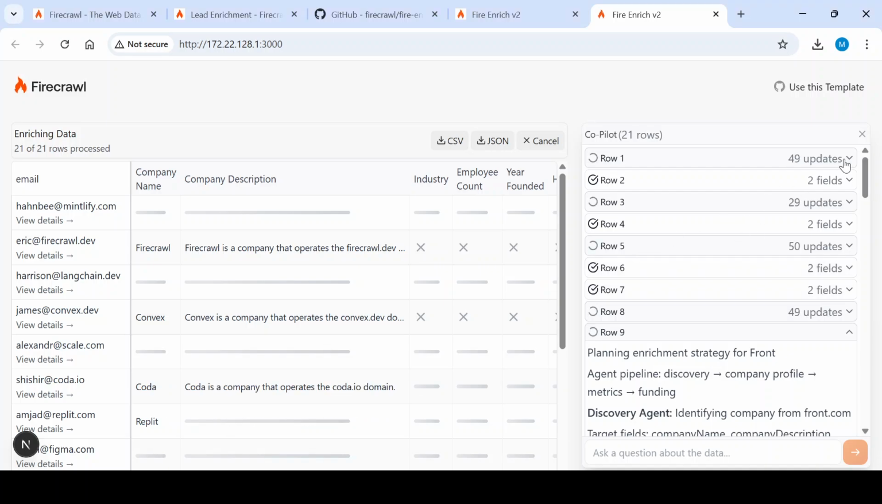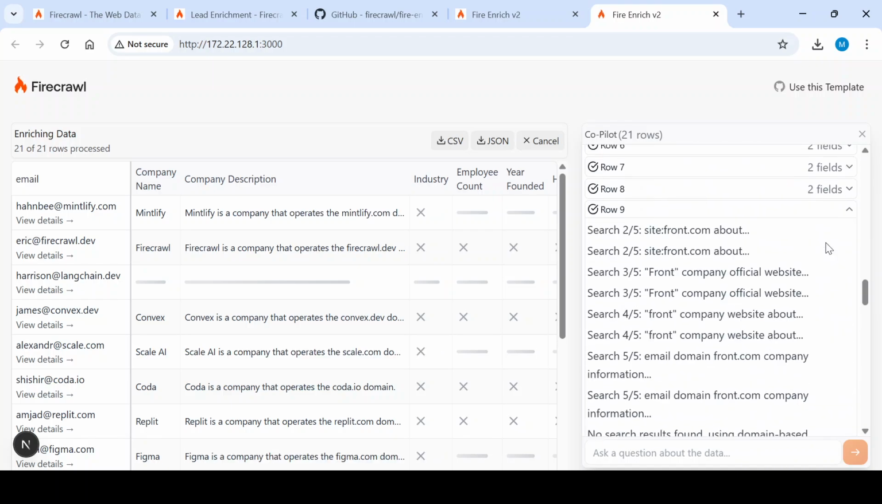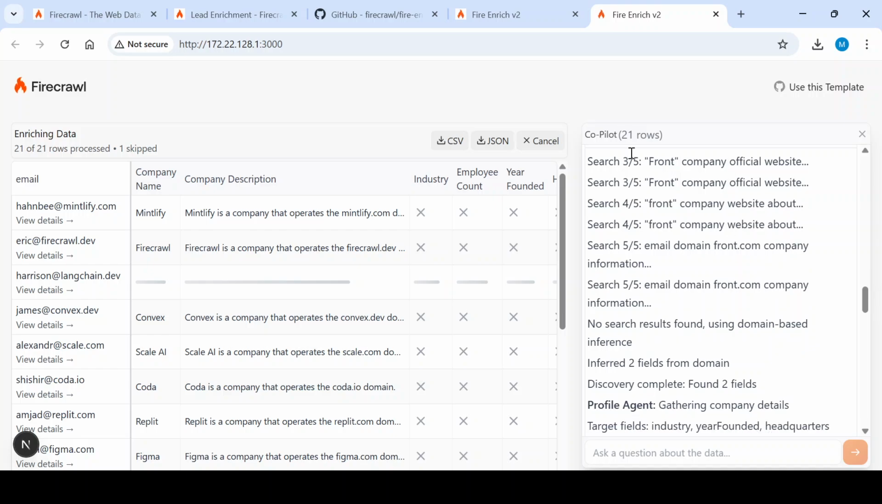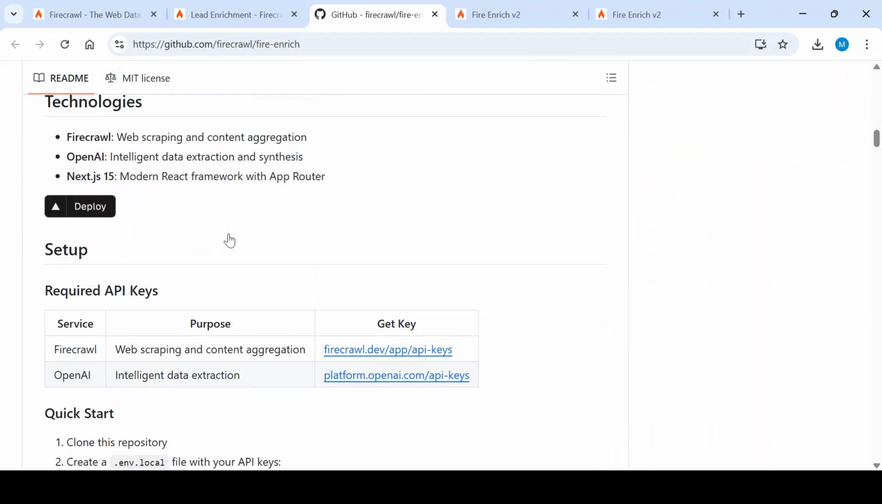You can see all the workings here: what's happening on row 1, what's happening on row 2, and all that stuff. So while all this is happening, I also want to show you how they are working, what the thought process behind it is. Right,